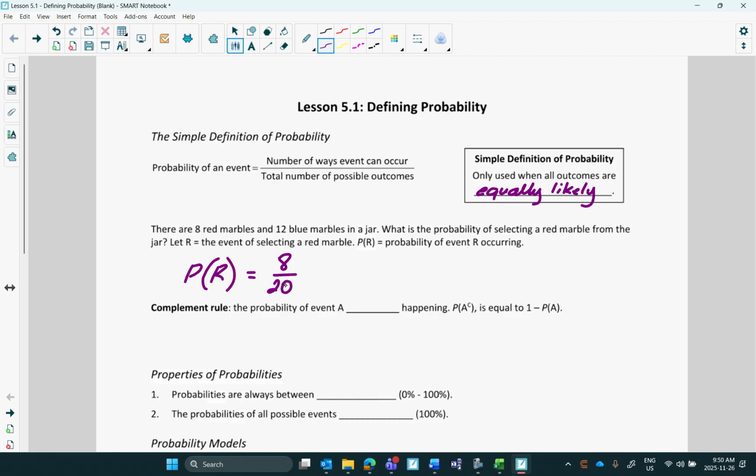First rule we're going to talk about is the complement rule. And the complement is the probability of some event not happening. And we use this notation, whatever the event letter is, with a capital C, like an exponent. Okay? And how do we find it? Well, we find the probability of everything happening minus the probability of that one thing. And that would represent the probability